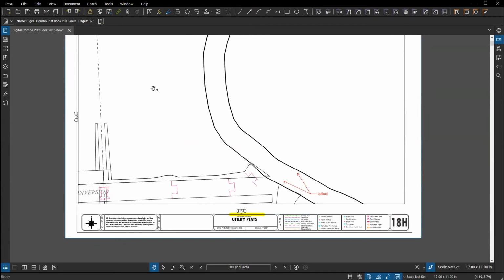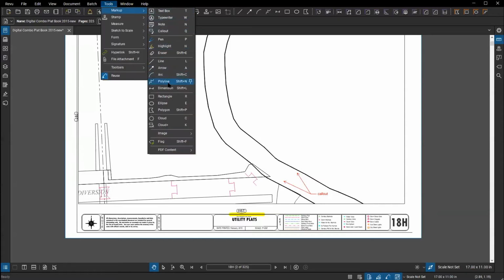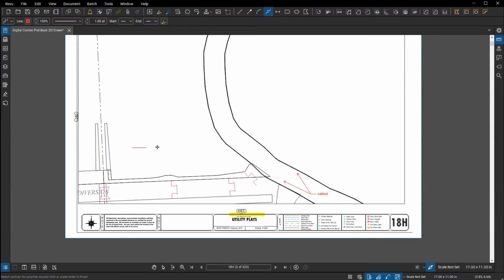Another common function I get into, especially when I'm teaching a class, is anytime that you're choosing multiple points for one of your tools. This could be with the cloud tool, a polygon, a polyline, the area command, all those tools where you choose multiple points to define some kind of a shape or a path for it to use. That selection, you can choose to undo the points that you just selected. So by that, I mean, if I go into, I'm just going to grab my polyline tool here, for example. As you're choosing your points,